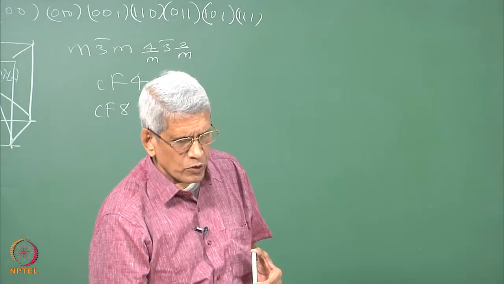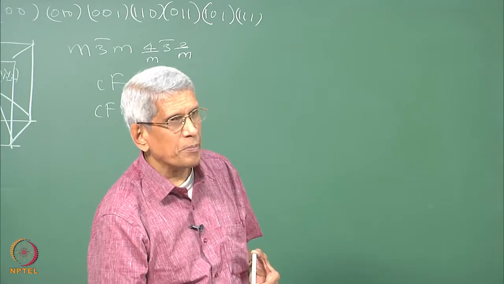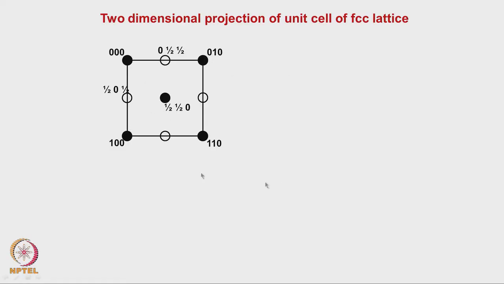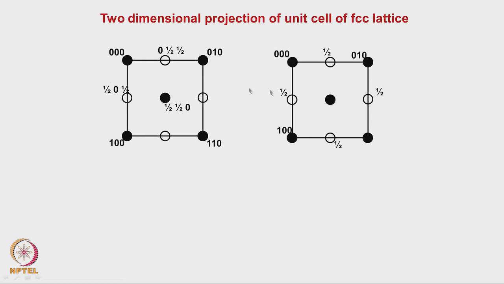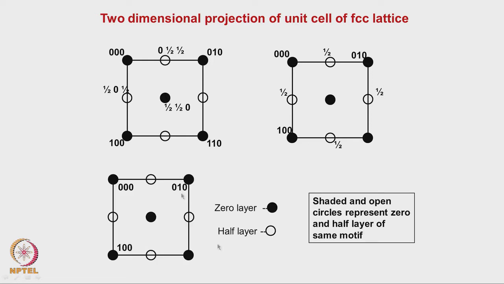So, what is the other way in which this could be represented? The projection, we can take it along any particular direction and then show these are the atoms which are there in the projected layer, which is 0 0 1, and then atoms at other positions can be represented with different symbols and we give the coordinates. Or we can just give with these positions, which essentially tells that it is half a layer up. That is another way in which we can represent them also.